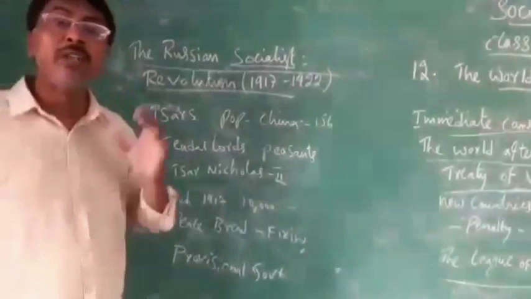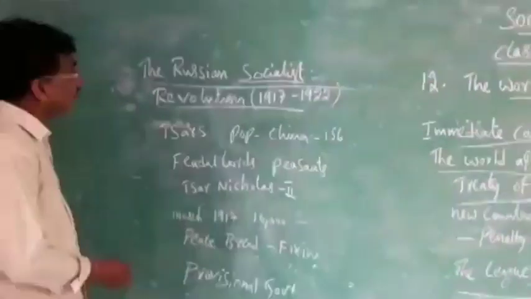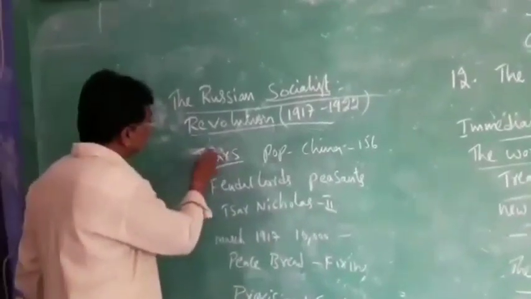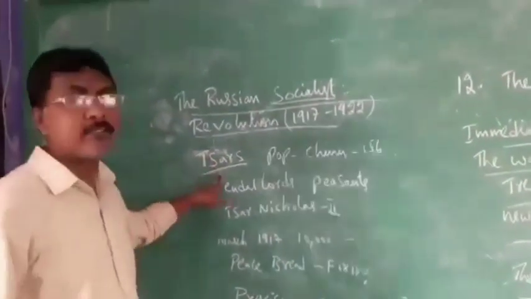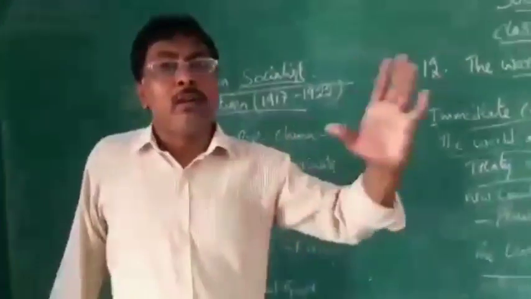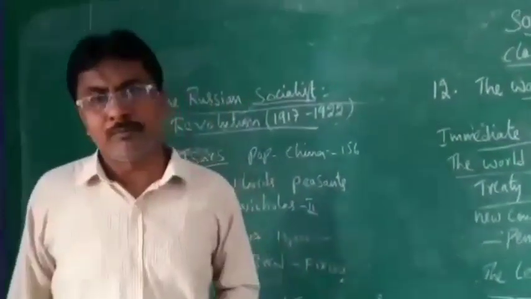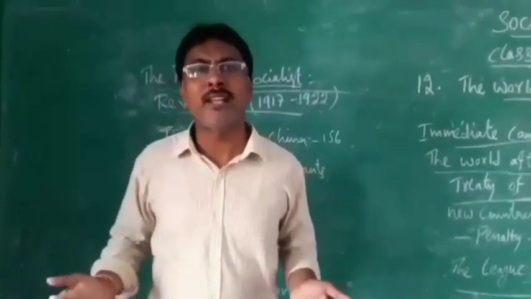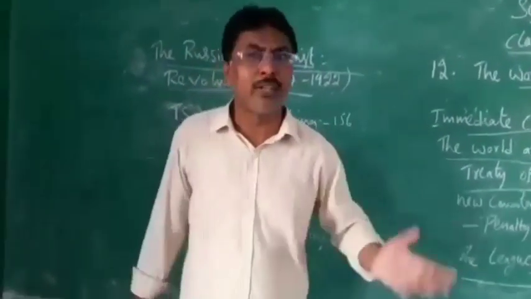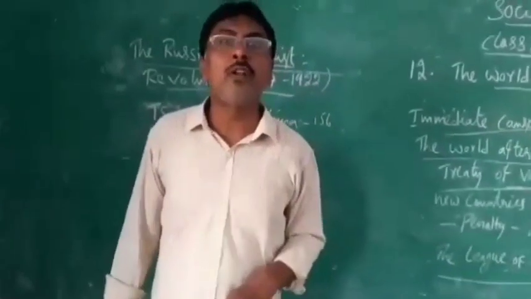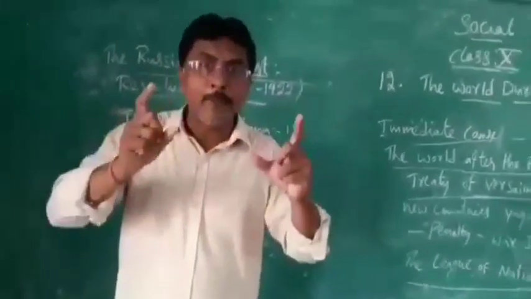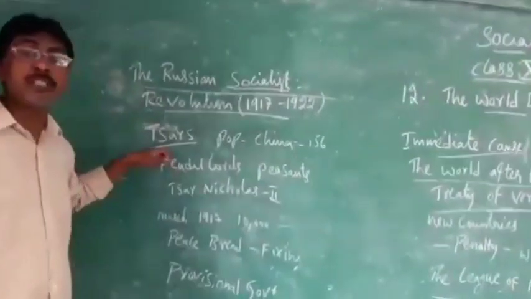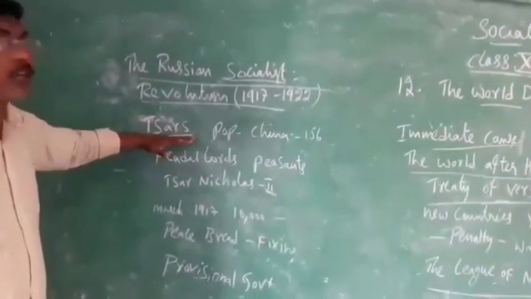And one thing I tell you, in Russia they call kings Caesars. We call them kings. You know that everywhere kings are ruling, in England or France and everywhere. But in Russia they do not call them kings. Instead of kings, the name is another name, that is Caesars. Caesars means kings. And in Russia, kings were ruling.